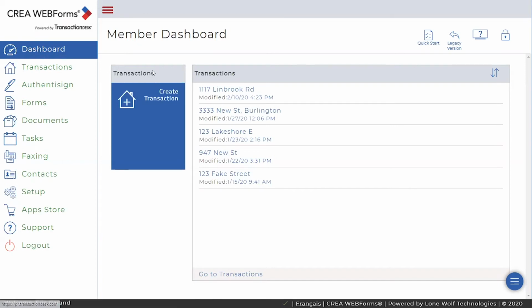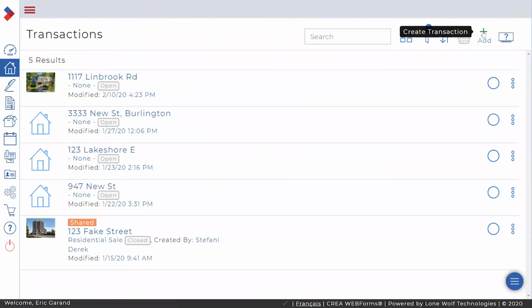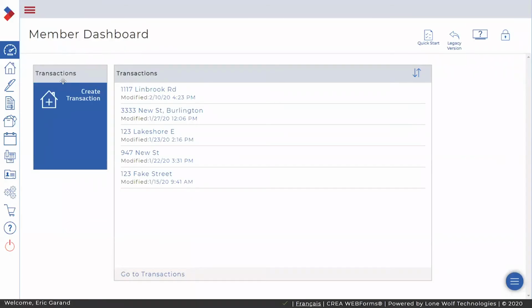If you remember, because we put this transaction button on our main screen, I can either go right here and do it, or you can go to transactions first and click the add button. Both will do the exact same thing. We're just creating a new transaction from scratch. So if I was to click create transaction,